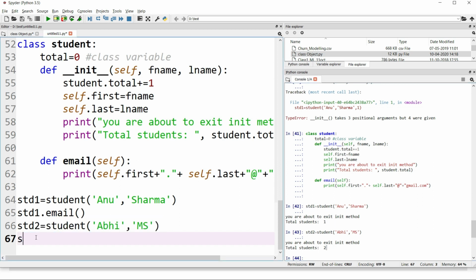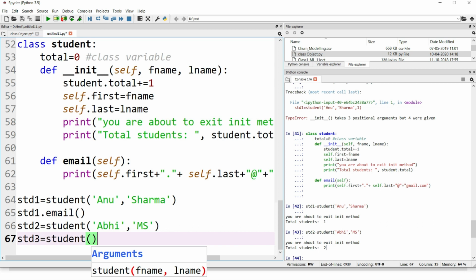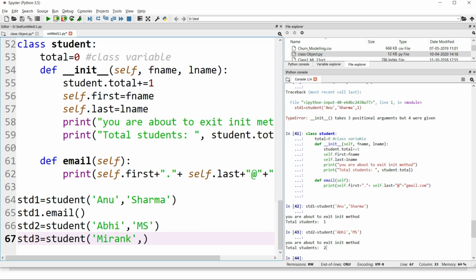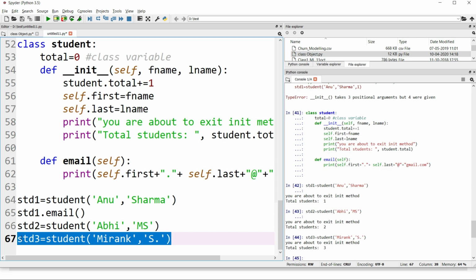Now if I create another object, student3, this time I got 3 students, so total students is equal to 3. So every time I create an object, the same variable total is being affected. The value of total is being changed.